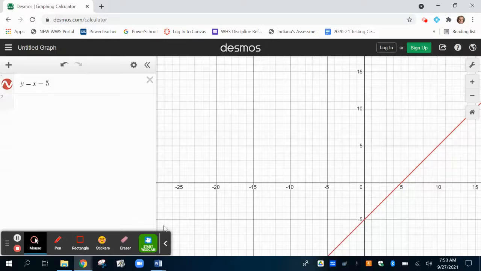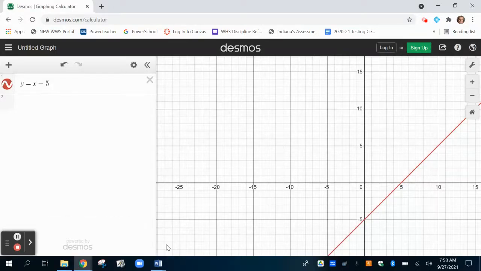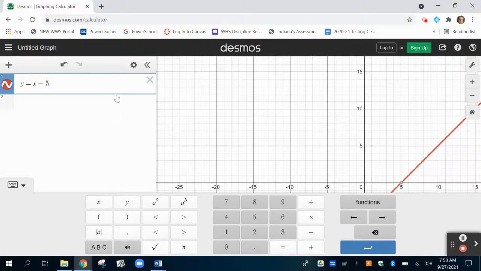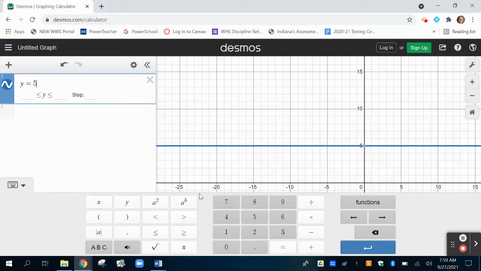If you're unsure of how to type something in, I'm going to drag this bar down here, which is part of how I'm taking the video over here. You'll also notice there's a keyboard down here. Let's say I don't want to do that graph anymore, and I'm going to skip to number 3 because I'm not going to do number 2 for you. That's an in-class activity. So we could say y equals 5 divided by,